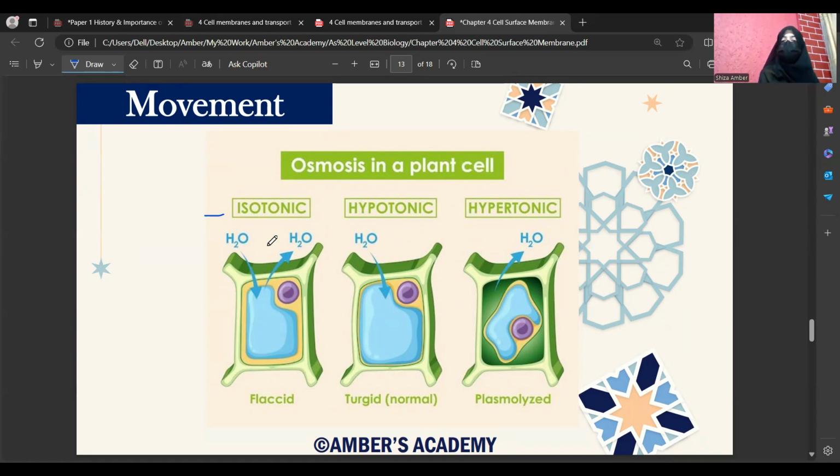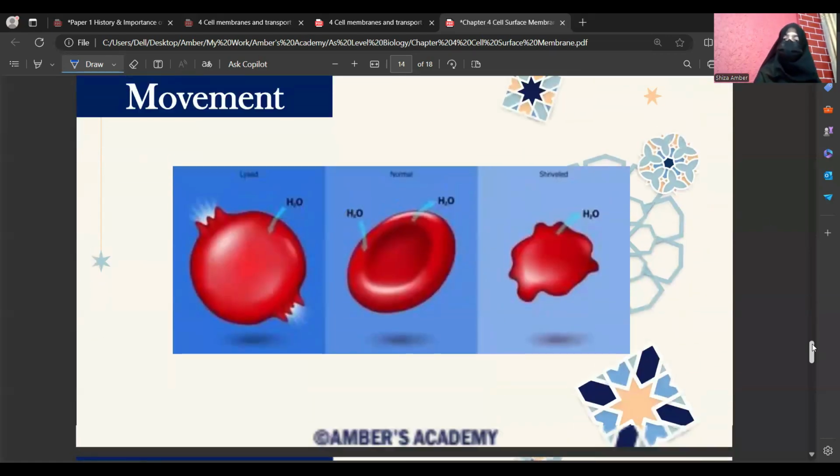But when you place a plant cell in a hypotonic solution, the water moves inside the plant cell and the plant cell will swell. If you place a plant cell in a hypertonic solution, then water within the plant cell will move outside and your cell will shrink and eventually plasmolyze. It is exactly the same case with red blood cells, other than the fact that you cannot use those words. When you place a red blood cell in a high water potential, it will burst because it does not have a cell wall to sustain the pressure. While if you place the red blood cell in a solution of low water potential, it will shrink.